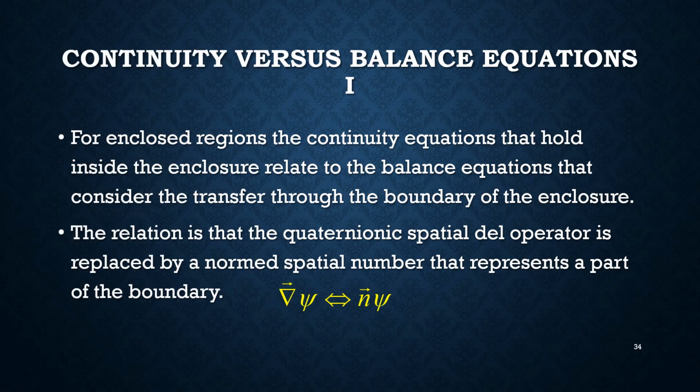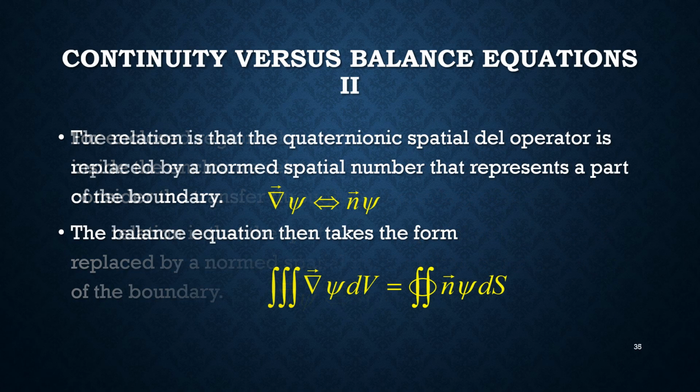For enclosed regions, the continuity equations that hold inside the enclosure relate to the balance equations that consider the transfer through the boundary of the enclosure. The relation is that the quaternionic spatial del operator is replaced by a normed spatial number that represents a part of the boundary. The balance equation then takes the form